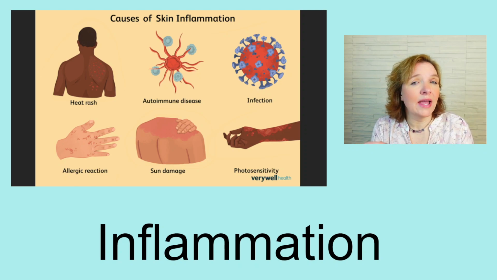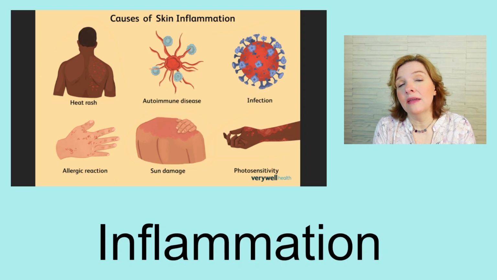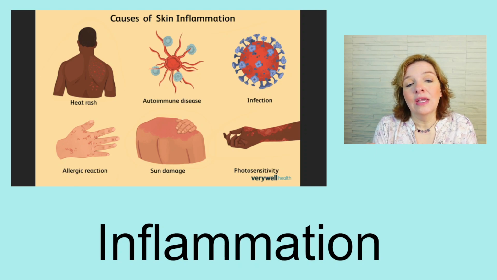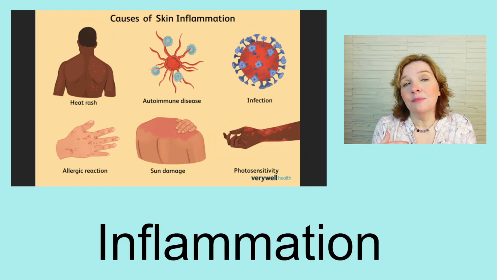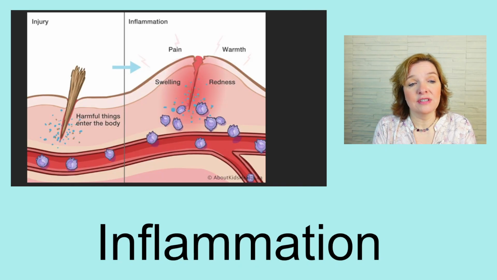It can be caused by a chemical, or by a plant or something, or a bee or wasp sting. It can be from the sun. If you go out in the sun too much, you get sunburn, and you see the levels of sunburn. First it's only red, and then you get blisters and they break and you get little scars on the skin. And also photosensitivity, if you face the sun too much, or you use some kind of lotion that makes your skin more sensitive to the sun.